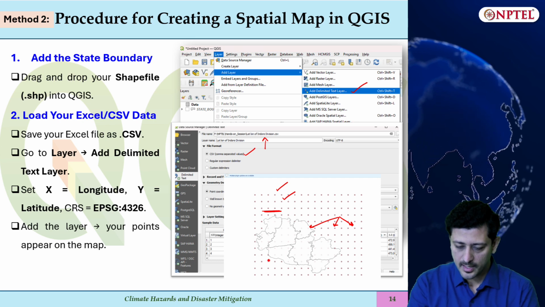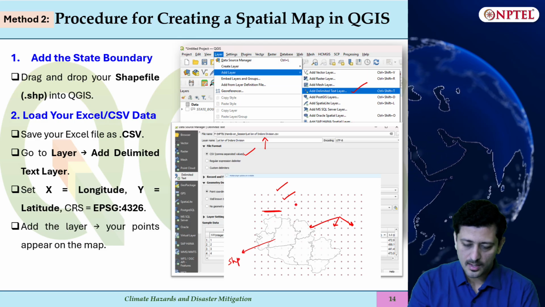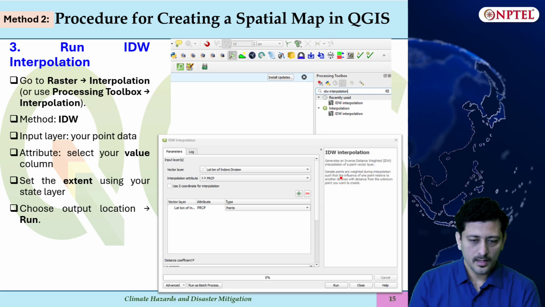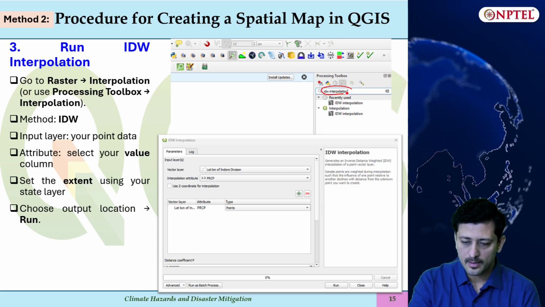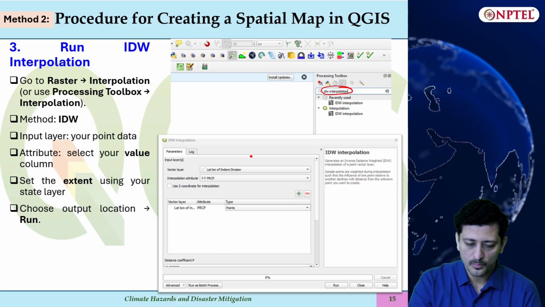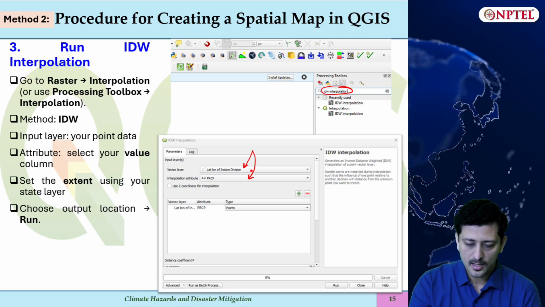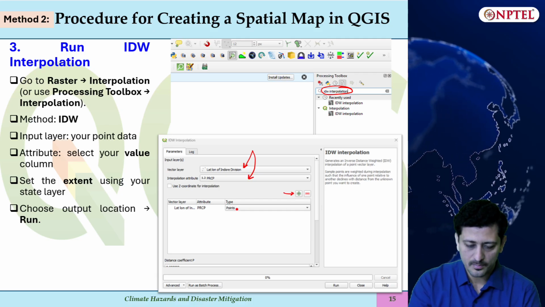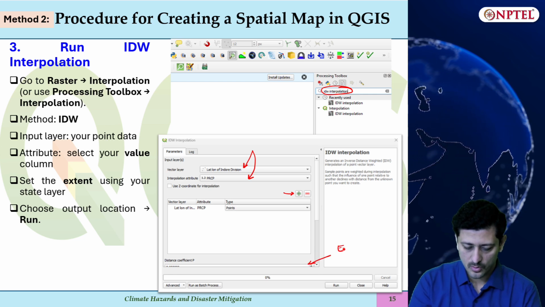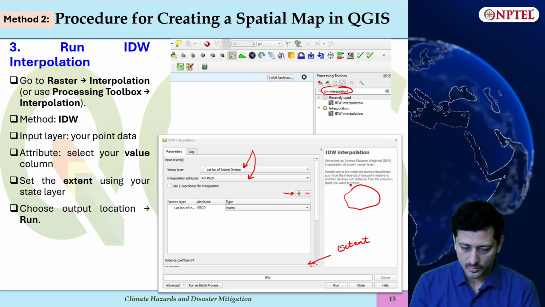Once you do this, this kind of image will be generated, where this is your shape file. This is a polygon shape file, and your coordinates is your point shape file. Then in the processing toolbox we'll type IDW interpolation. Once you click enter, you can see this type of window will open, where you have to select your vector layer, and which attribute is to be interpolated has to be selected. Then you have to click on plus to add that particular vector layer, and then you have to set the extent. Extent is very important, as it will give an idea of what boundary needs to be interpolated.